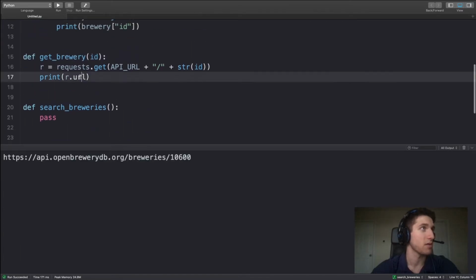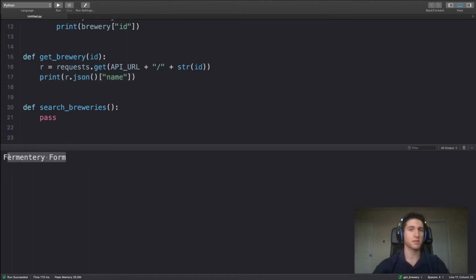Oh, whoops, we're still printing the URL. r.json, and we want to get the name. All right, okay. So for some reason, the ID that they had in the documentation just didn't actually exist. I don't know why that was. But if we put in a different ID, we see we get